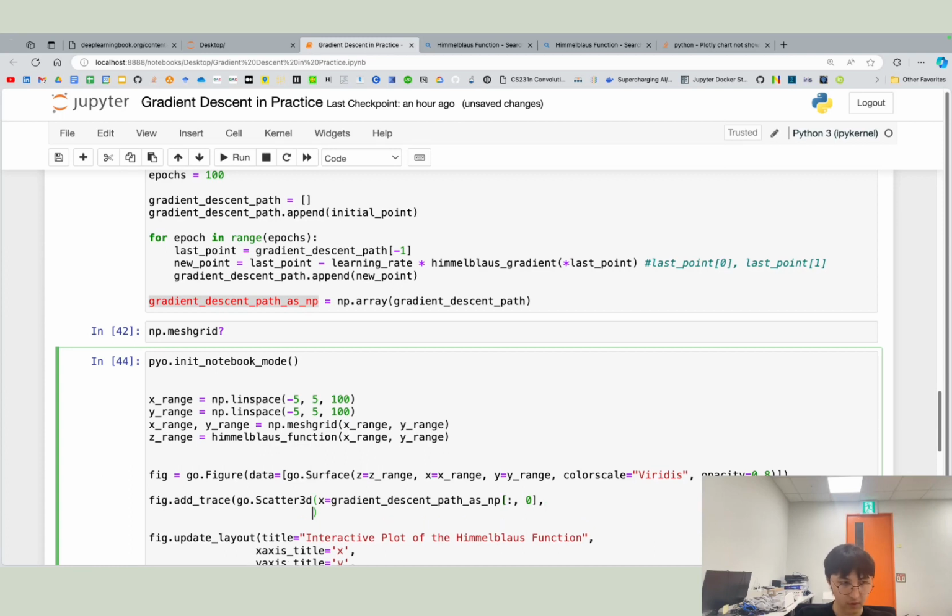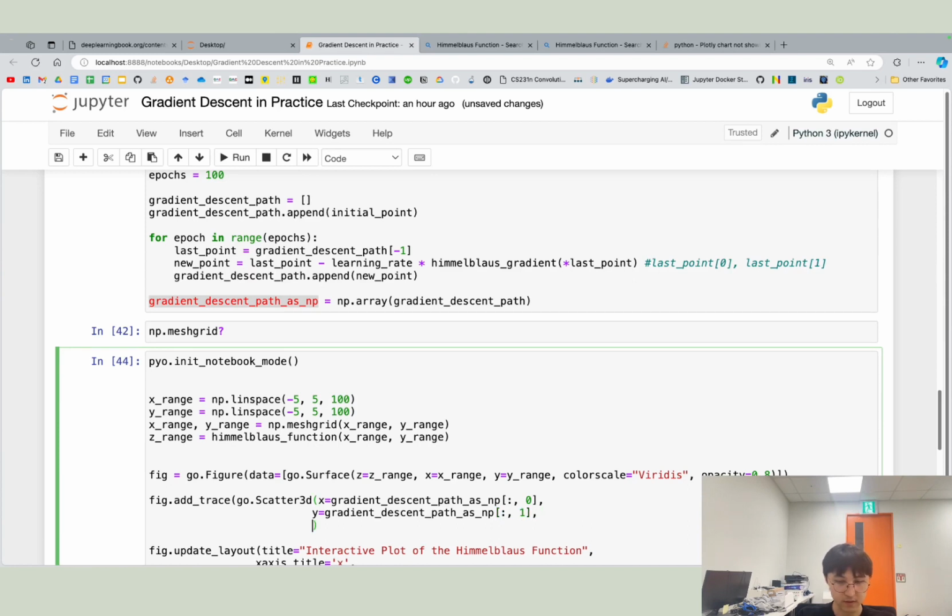We will give y, which is the gradient descent path as numpy, everything but at index 1,